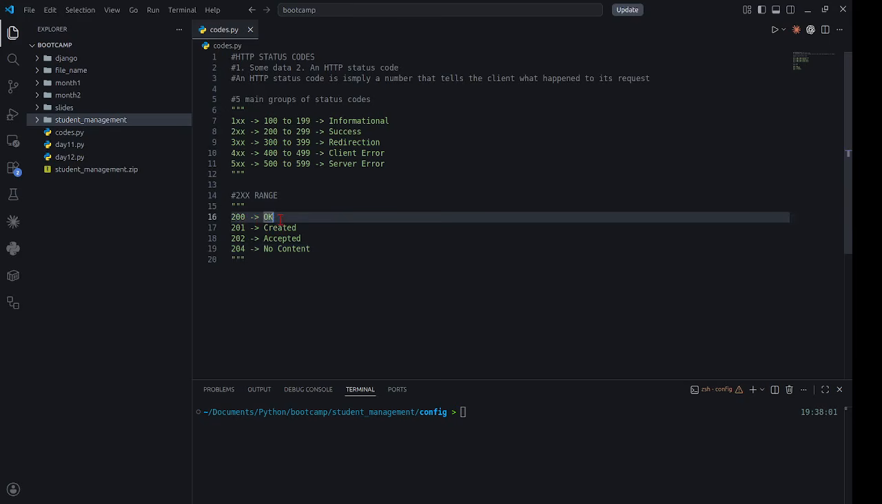So with 200, which means okay, a client sends a request to your server, you process that request, and it's successful. You just return a basic 200. Say, okay, I saw your request, I processed it, and it was successful. This is the status code that you're going to use most of the time, just to tell the front end, okay, we did it, it was successful. We can now move on to whatever is next. So this is the most common HTTP status code for a successful output,